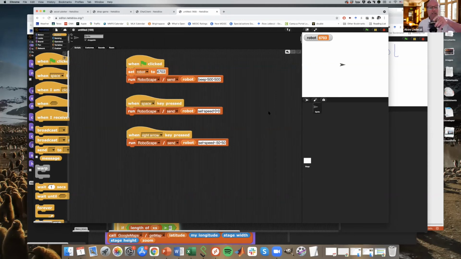So hopefully you can see this. See how the wheels are turning. So if I hit space, it stops. And just again, look at the latency. I'll hit the space really hard so you'll hear when I hit it and see how fast the wheel stops. So there is about 100 millisecond delay to drive these robots.